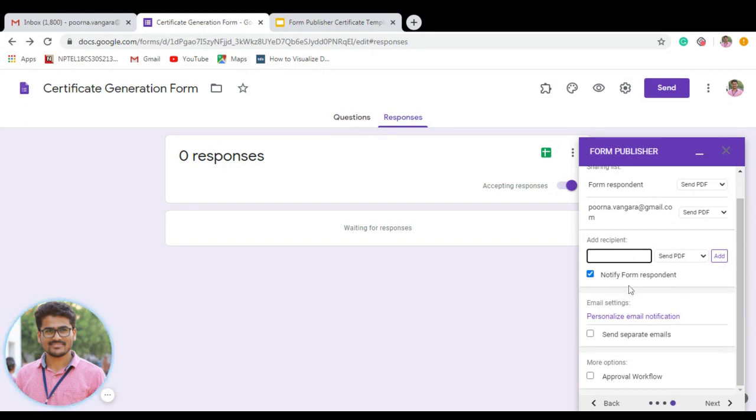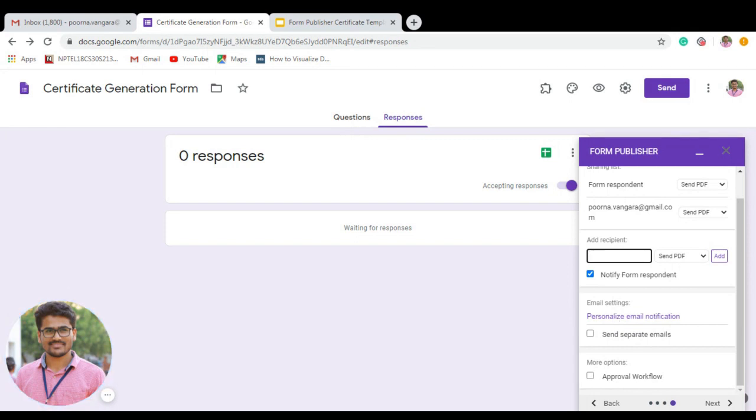That means after receiving every response, notifications are sent; we are notifying the form respondent who is filling. Generally, these kinds of settings, when you explore this form publisher, you will come to know. By default, it has a tick mark. Let it stay ticked. You don't change it. Next one is email settings.